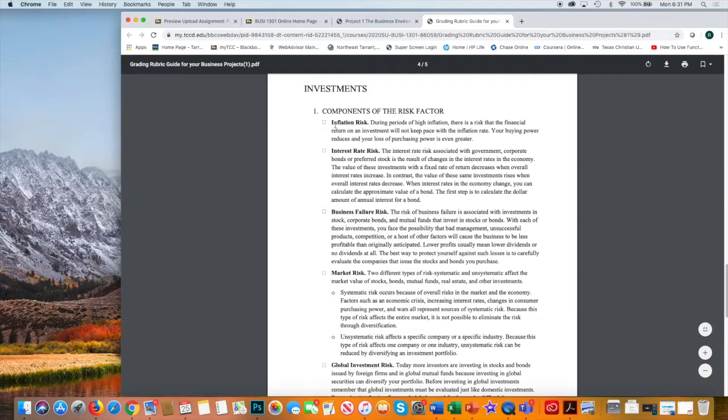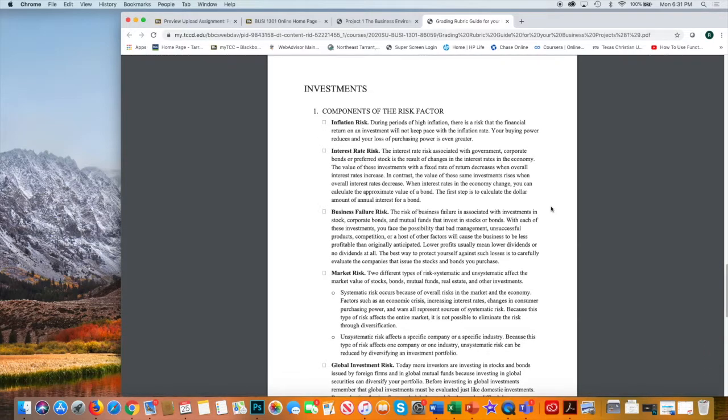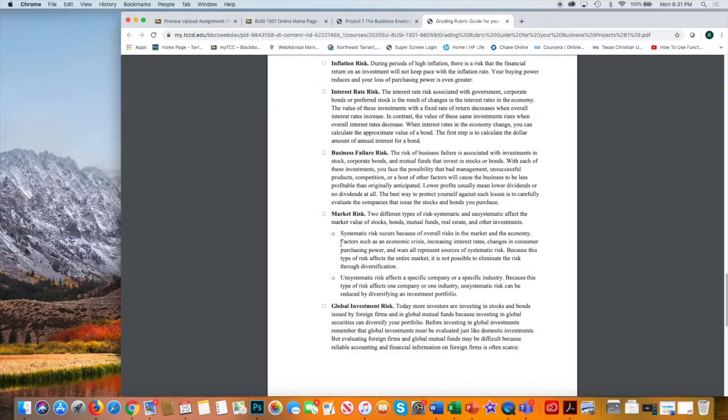You see how we have bulleted paragraphs. To me, real quickly, that's pleasing to read. Oh, business failure risk. Okay. Oh, market risk. And then we've got bulleted paragraphs, bullets within the paragraph. Again, we're not going over 6 sentences in here. And it makes it very easy to read. I can read through that very fast, and I can get to the answer, and so can a corporate vice